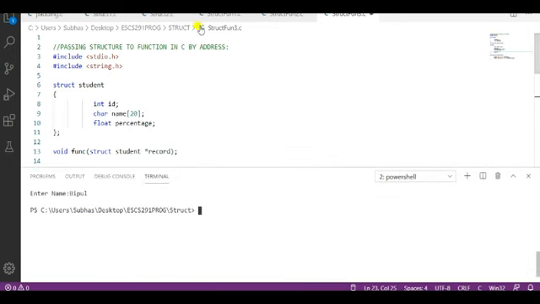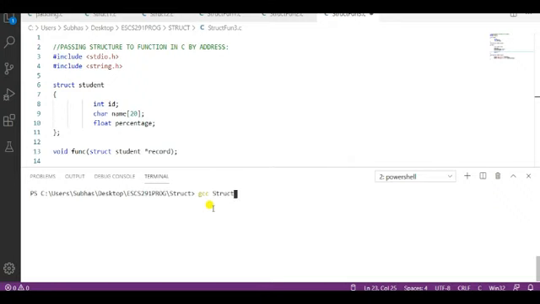So gcc, my file name is struct_fun3.c, then -o, then for example stf3. You can give any name. So the compilation is done.